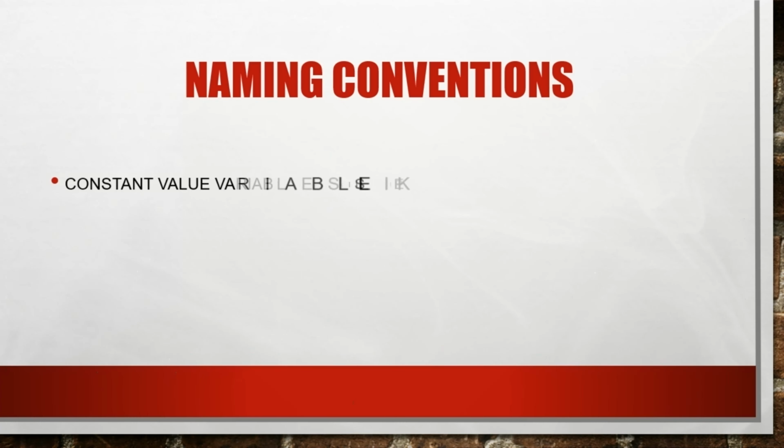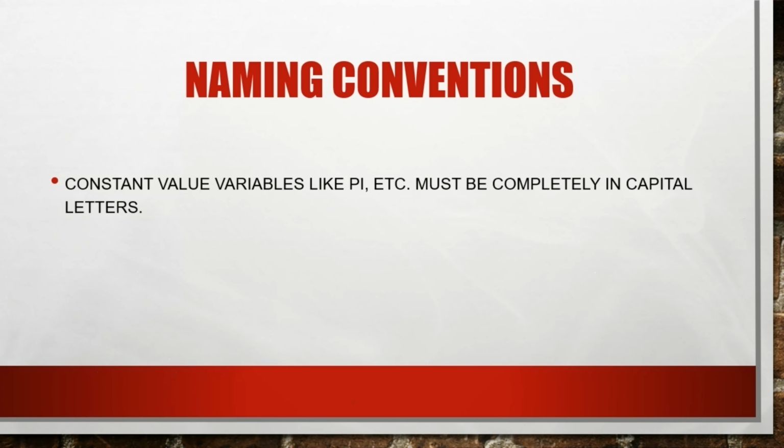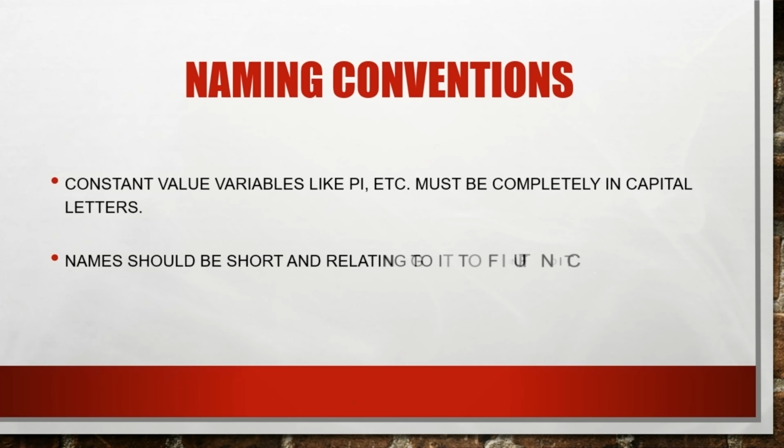Then, constant value variables like pi, etc. must be completely in capital letters. Then, names should be short and relating to a function or usage. Though Java has no restrictions on the maximum length of a variable name, larger names are difficult to remember